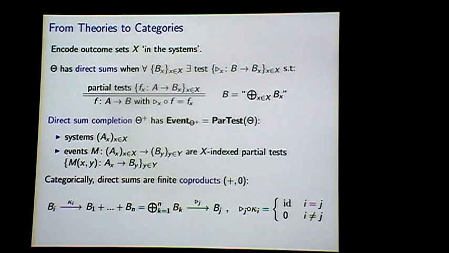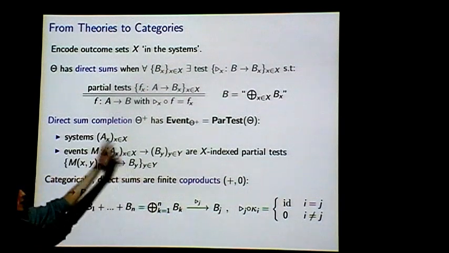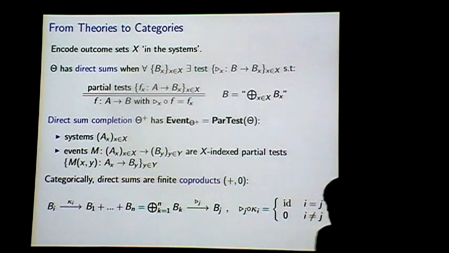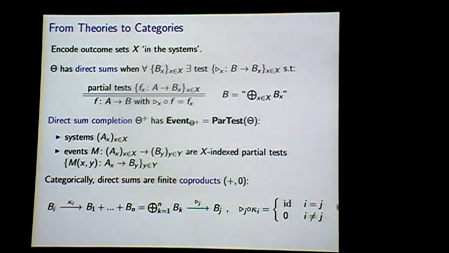And the point is that we can describe these using a basic categorical notion, namely that they form finite co-products in that category of events. So a co-product is just a way, categorically, of adding together some objects in a sort of disjoint way. It always comes with these co-projection arrows that we see here, and they satisfy a universal property. Here, because we have these zero arrows around, we also get maps coming out of these co-products, and we already met them in the definition of a direct sum. So if you start from the definition of a direct sum, this tells you how to define your co-projections, and you can go back the other way.